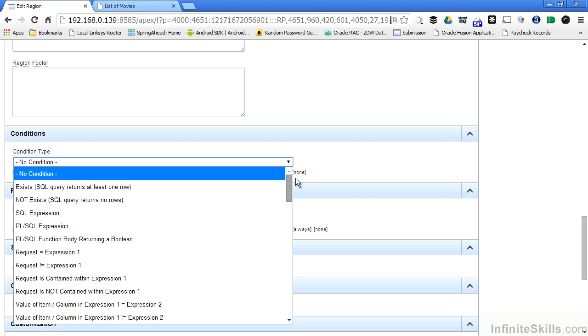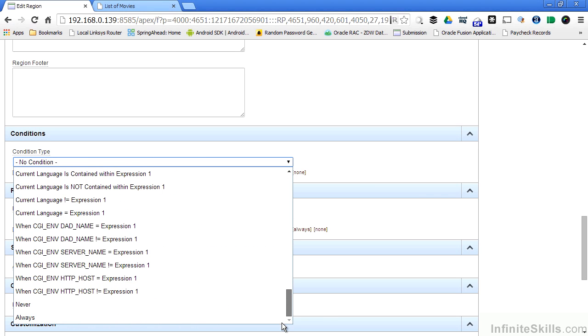One of the most powerful conditions available to us comes right at the end of the condition types, and that's never and always. This gives us the ability to create pages where we can hide information, especially if they're in development. We can have a region on the page that never gets displayed, but the code is still there. End users will never be able to see it until we actually go in and display this region, but it's a real nice way of being able to prototype your application and hide certain regions on the page while you're